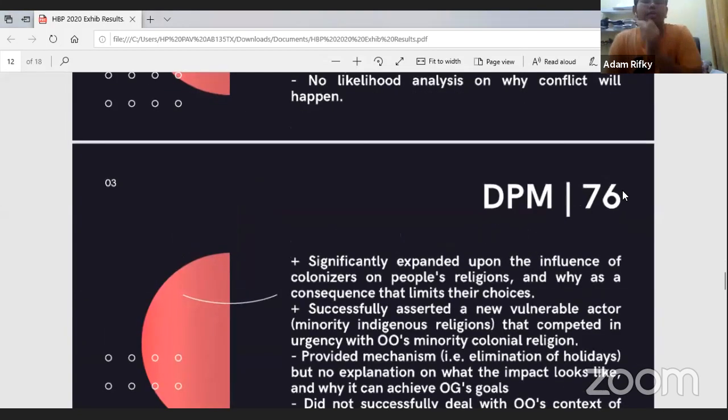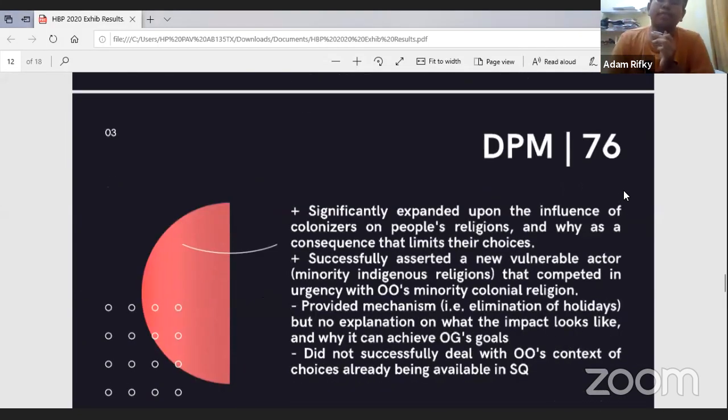Deputy Prime Minister, 76. The positives of Deputy Prime Minister is that they firstly significantly expanded upon the influence of colonizers on people's religions, and as a consequence that limits their choices. So they were the one who sort of brought this principle of maximizing choices to a conclusion. And OG, they were also able to successfully assert a new vulnerable actor, those being